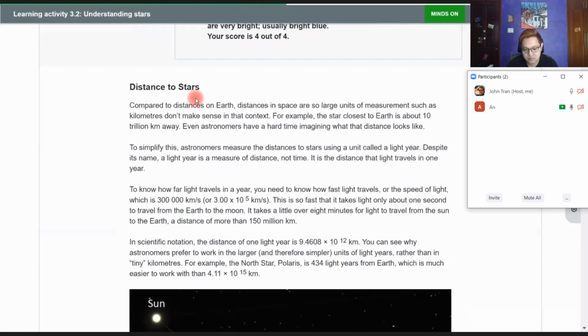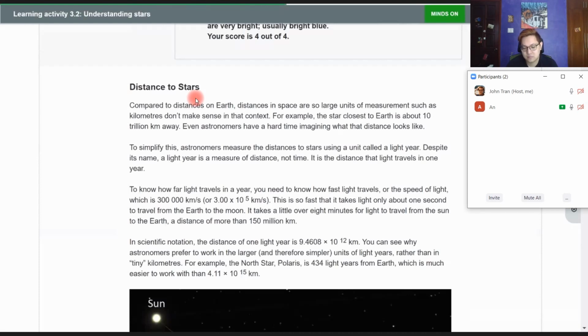To simplify this, astronomers measure the distance to stars using a unit called a light year. Despite its name, a light year is a measure of distance, not time. It is the distance that light travels in one year. To know how far light travels in a year, you need to know how fast light travels, or